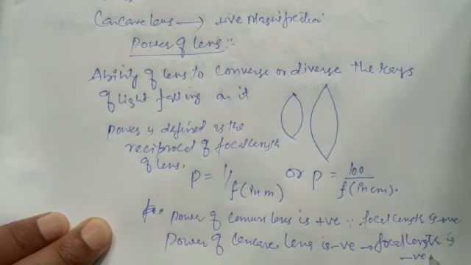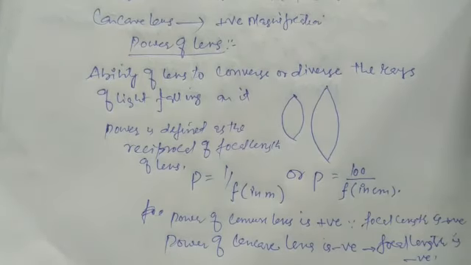So simply, once you go to the doctor, he will say you require a lens which is having a power of, say, plus 1.25. Once he will say plus 1.25, then definitely you require a convex lens. Once he will say negative, then you definitely require what? Concave lens. So this is all regarding the power of lens as well as the magnification.